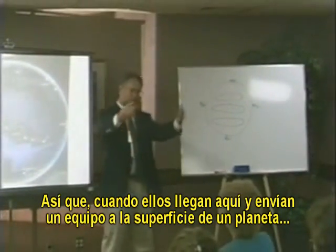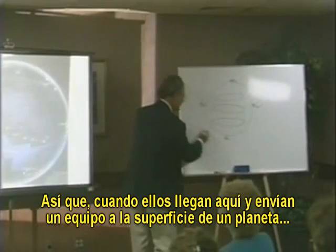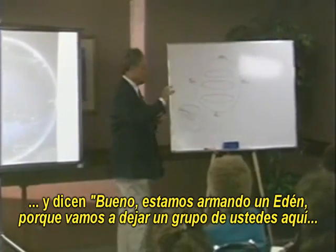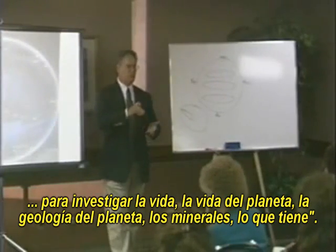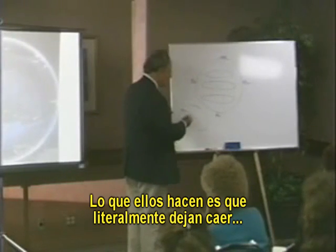So, when they come here, and they send a team down to the surface of a planet, and they say, okay, we're setting up an Eden because we're going to leave a team of you here, to research the life, the plant life, the geology of the planet, the minerals, what it has, okay? What they do is they literally drop